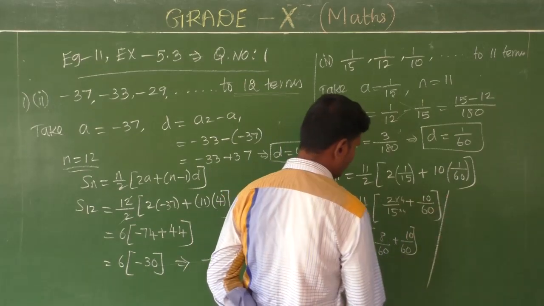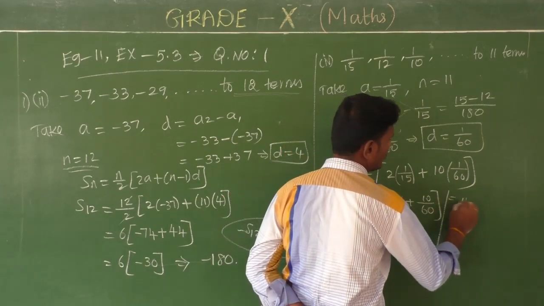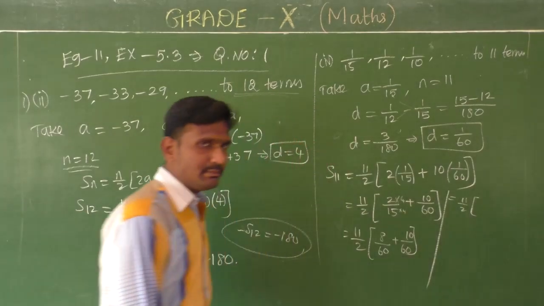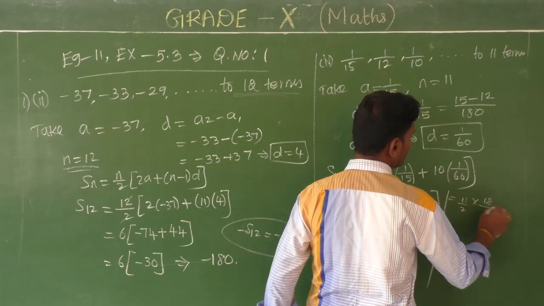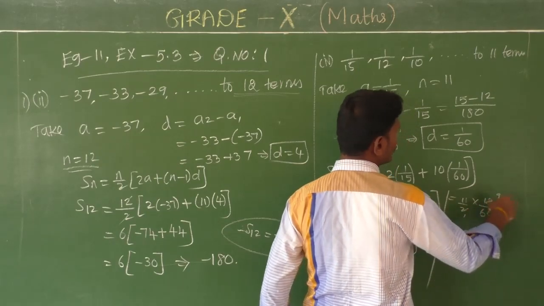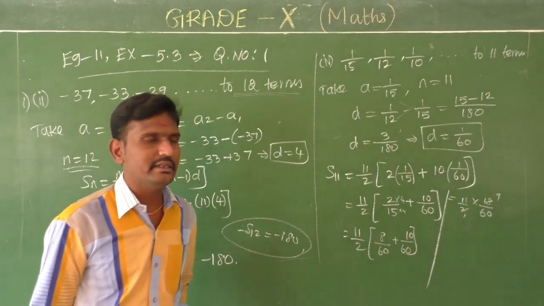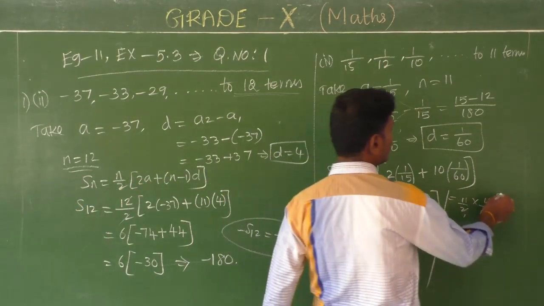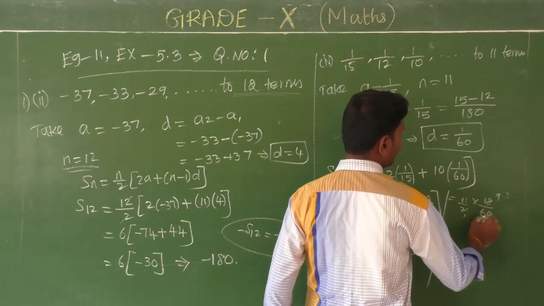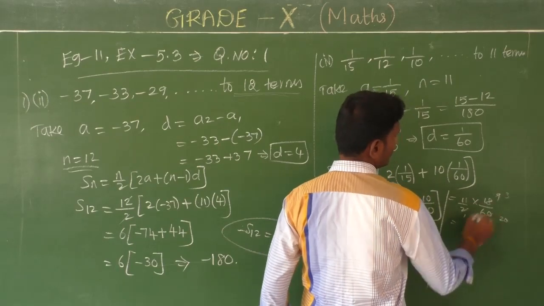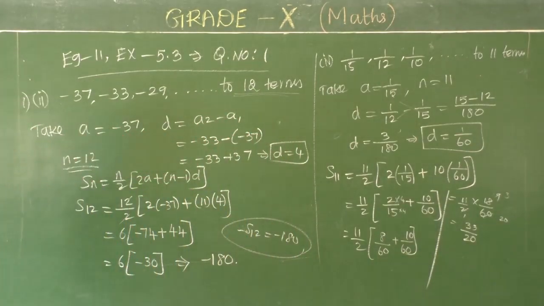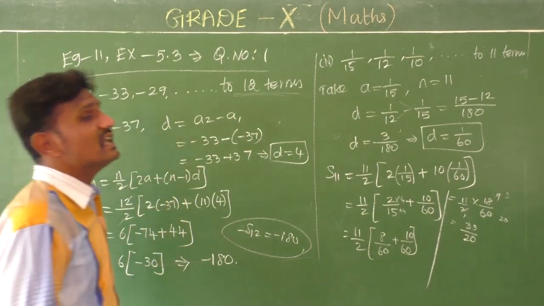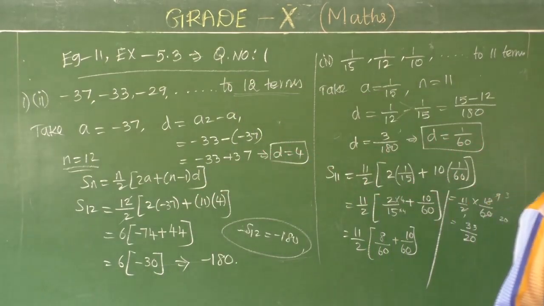Now the addition, which is equal to 11 by 2 into 8 plus 10, 18. So 11 by 2 into 18 by 60. If you simplify, 1 2s are 2, 9 2s are 18. And again if you simplify, 3 3s are 9 and 20 3s are 60. Then 33 by 20. Or else divide, the division is not a problem. Take it in fraction format because the given question is in fractions only. Yes, students, have you got these two questions?